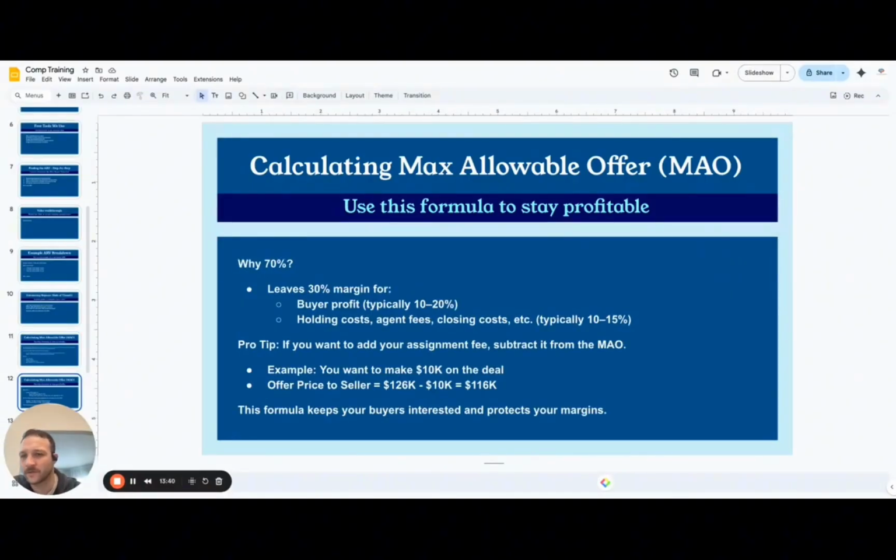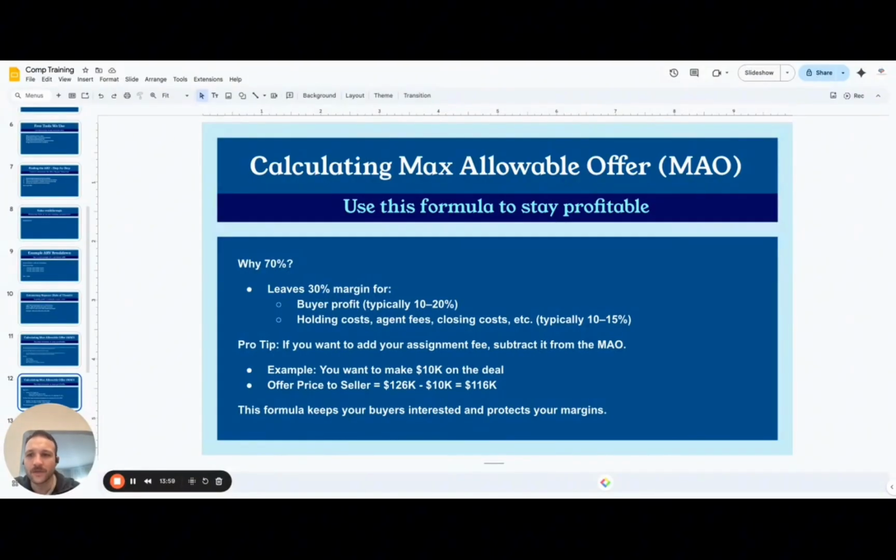Okay, so why do we do 70%? It leaves a 30% margin for the buyer's profit, which is somewhere between 10 to 20%, and then also takes into account the holding costs. These are buying costs, agent fees, closing costs, and that's typically 10 to 15%.